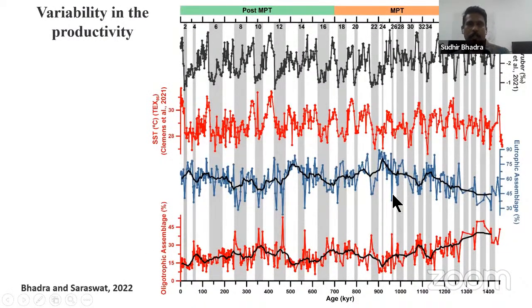So here we use the eutrophic abundance, and we see the same thing: more abundance during the interstadials and less during the stadial periods, meaning the cold stadial periods, whereas the oligotrophic assemblage shows the opposite. The interesting thing to notice is that the eutrophic assemblage gives a somewhat